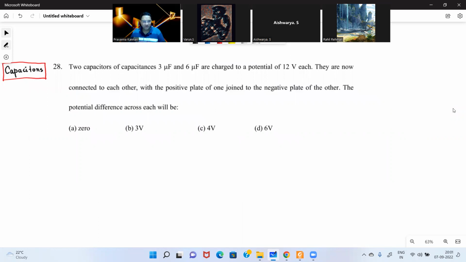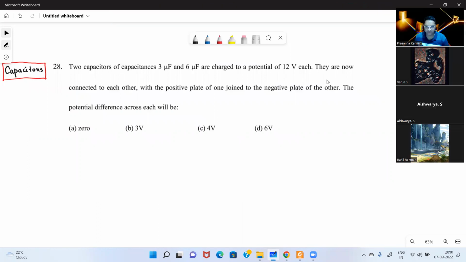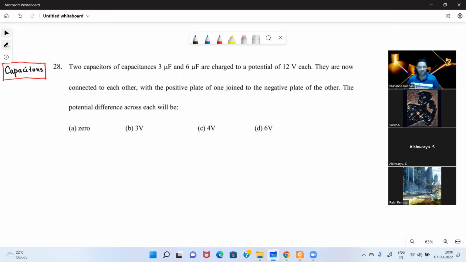So let's get started. Two capacitors of capacitance. Can you read the question, Rahil? Two capacitors of capacitance 3 microfarad and 6 microfarad are charged to a potential of 12 V each. They are now connected to each other with the positive plate of one joined to the negative plate of the other. The potential difference across each will be